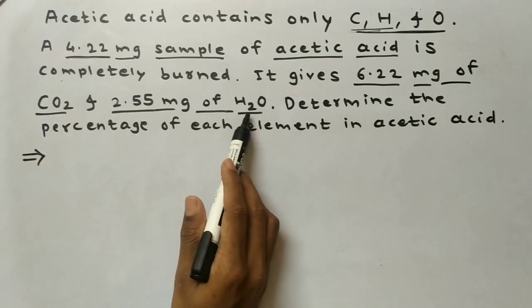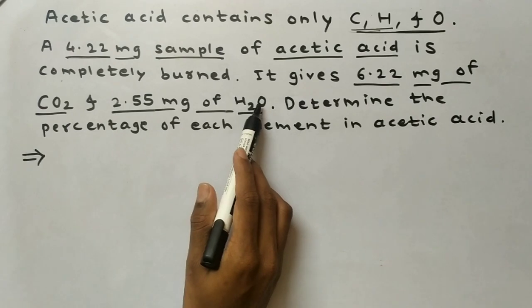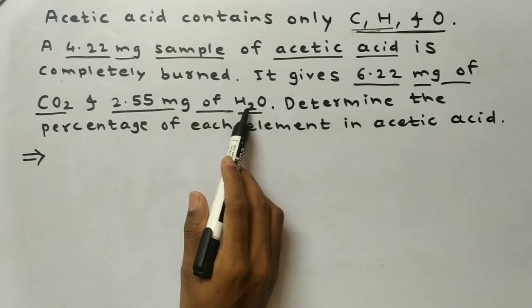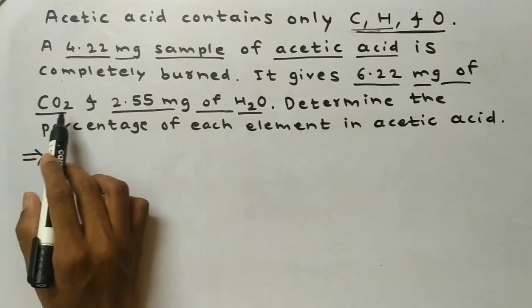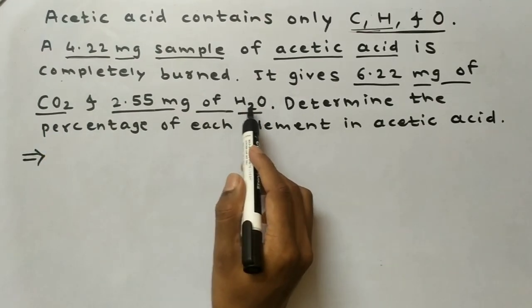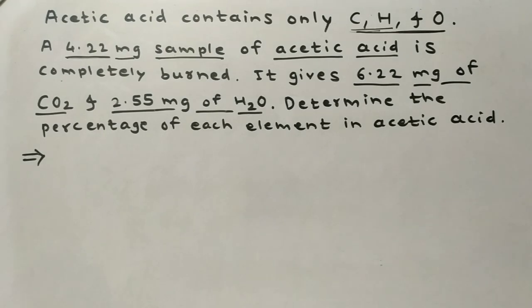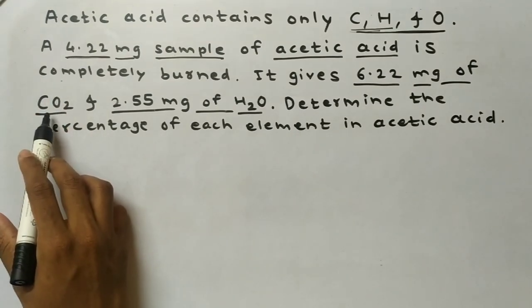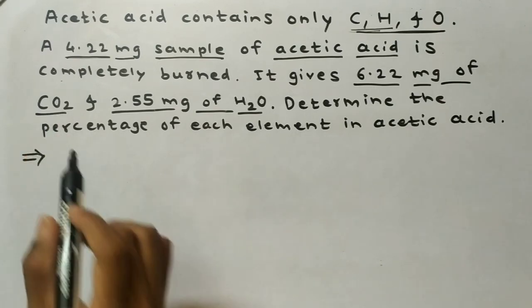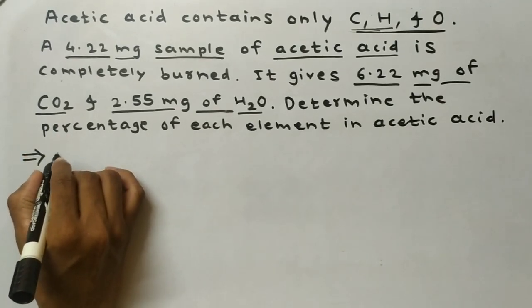In CO2 and H2O you can see oxygen is the common element, but carbon and hydrogen are unique. So we can determine the amount of carbon from CO2 and the amount of hydrogen from H2O. So firstly we'll determine the amount of carbon using CO2. So let's get started. So the first step we'll do,